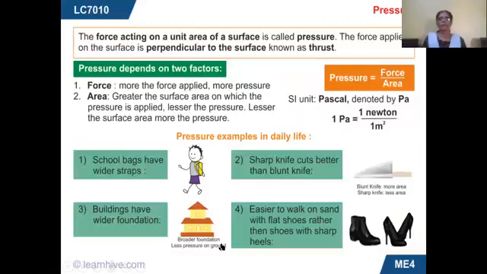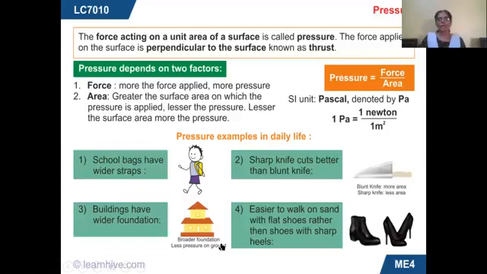Move to our next one, force. That is pressure. Next, after force, we are going to learn about pressure. In 7th standard, we have learned about cyclones and storms. Cyclone is caused due to difference in pressure, isn't it? Pressure. What is the relation between force and pressure? So let's learn now about pressure.